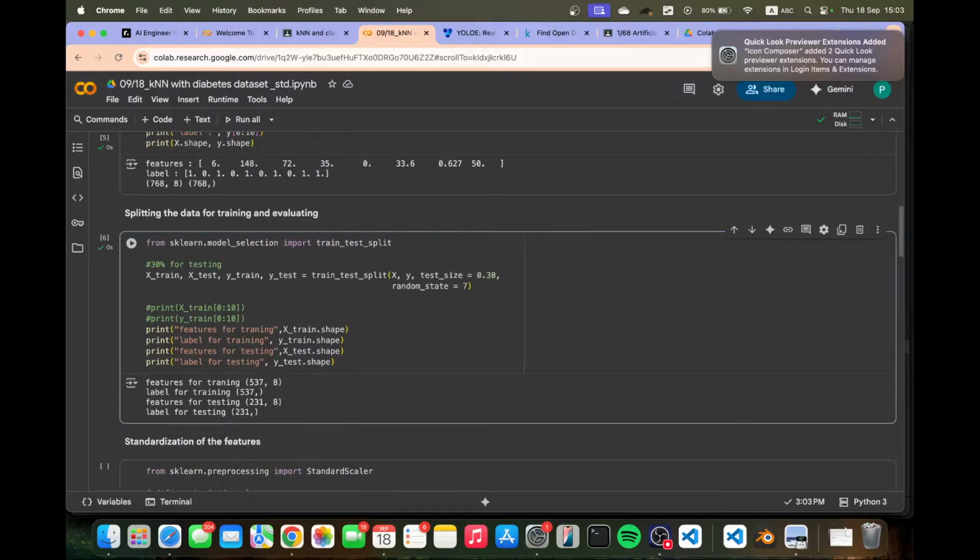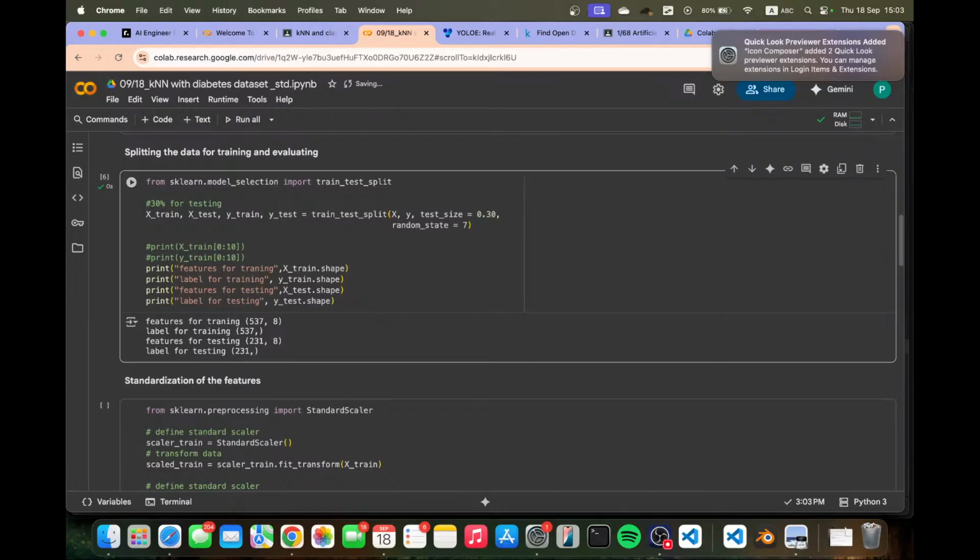Okay, if you print out these cells or this block of my code, you can see you will have around 537 for training. And you have the questions to test your model, around 231 questions, for testing your model in the final answer. Okay. So before training the model,